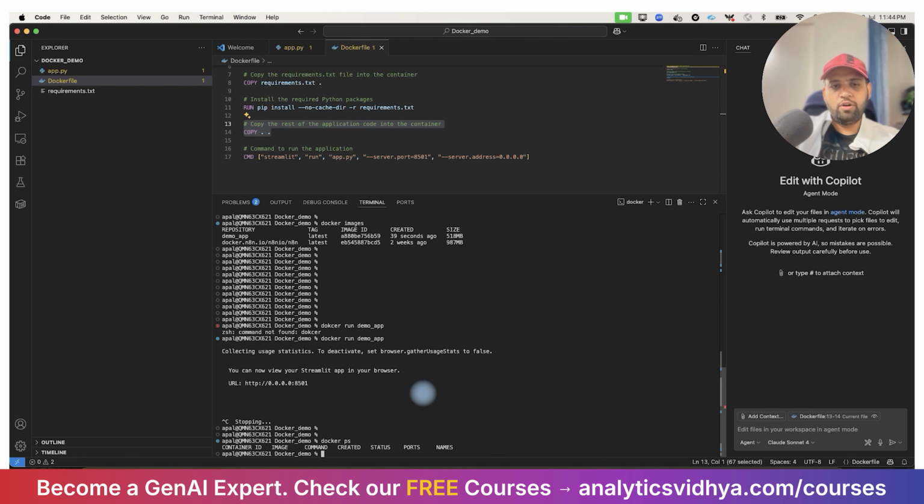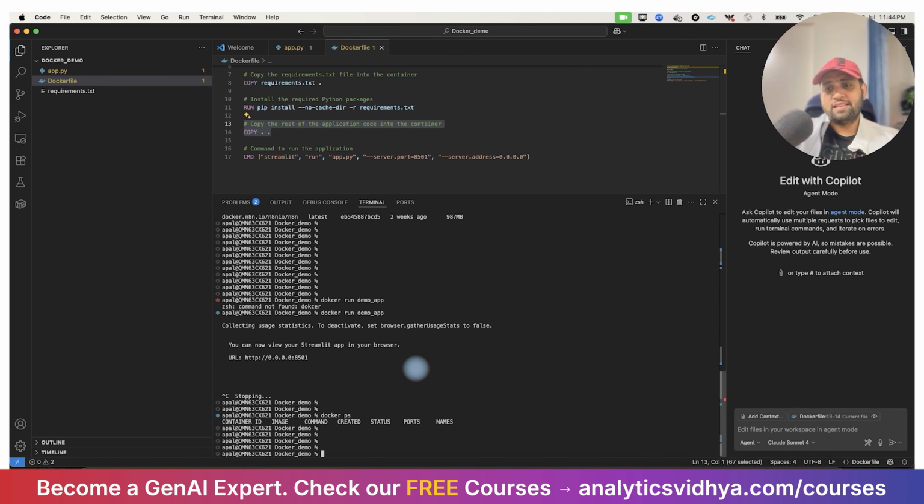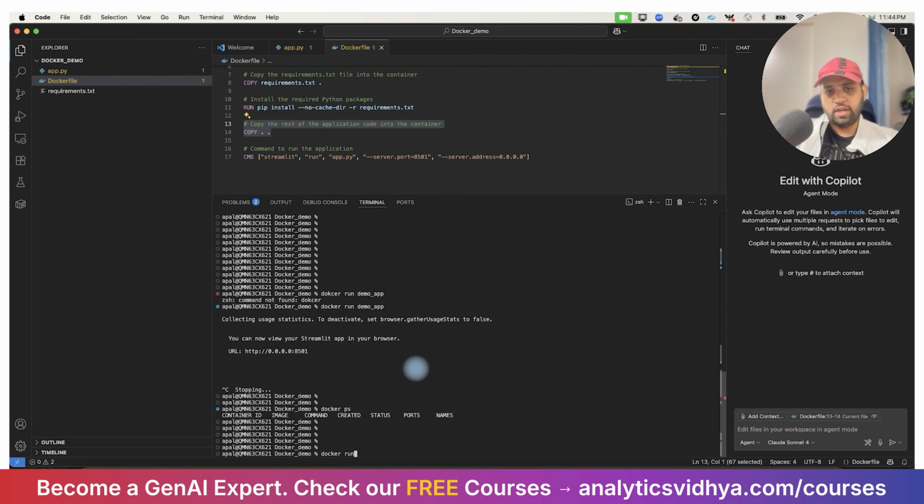And if I put a docker ps, there is no container showing. So if you see now, it is stopped, right? I need to execute this. It got stopped because it was not running. Basically it just started, but then I was not able to access it. In order to access this, you need to run this